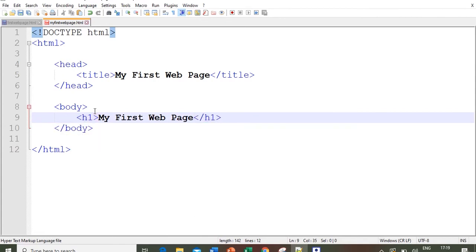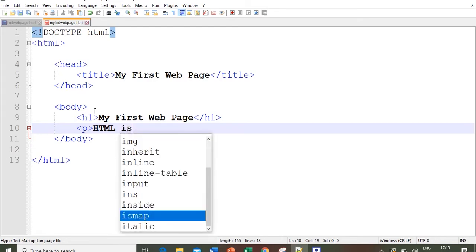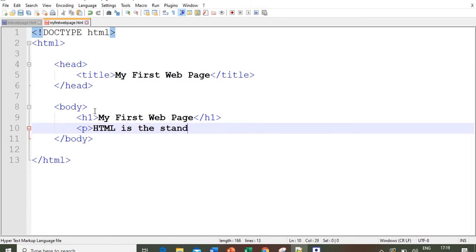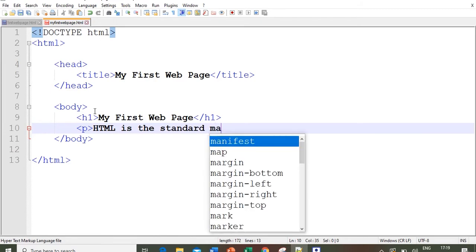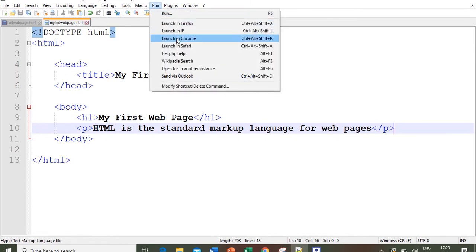Okay. And I'm going to create a paragraph. HTML is a standard markup language for web page. So I just created a small paragraph here just to show how paragraphs and headings are displayed in HTML. So I'll save my work, and either I can go back to run and launch in Chrome